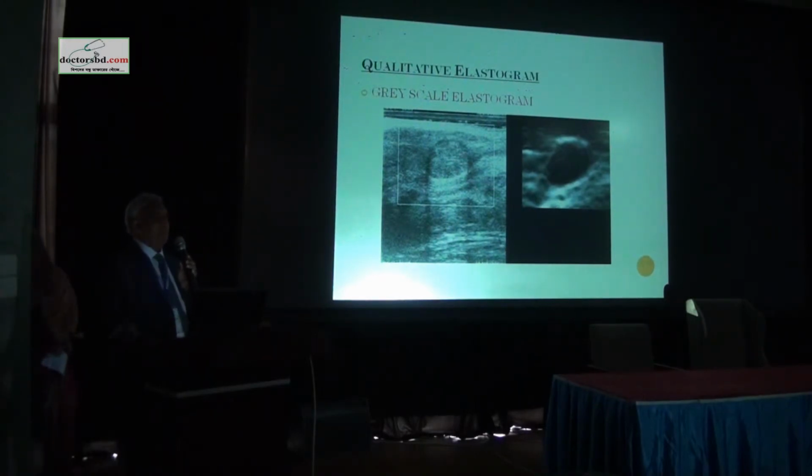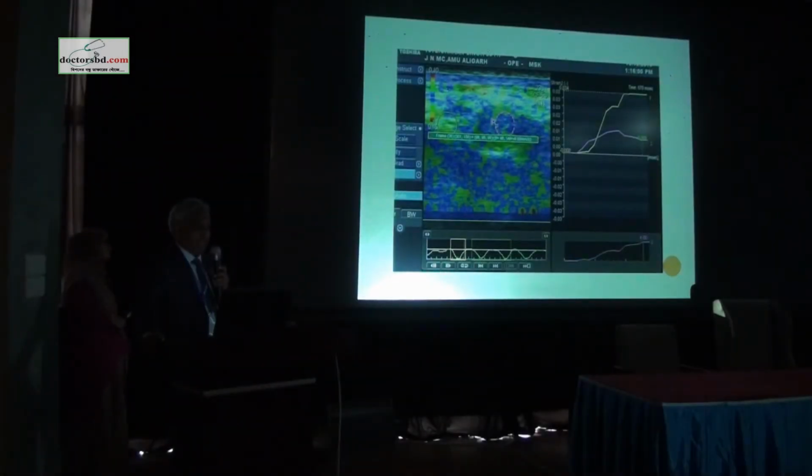Look at these two WXG machine. Look at the elastogram over here. You find there are two regions of interest. One is where the cursor is being put on the diseased area, and the green area represents the normal tissue